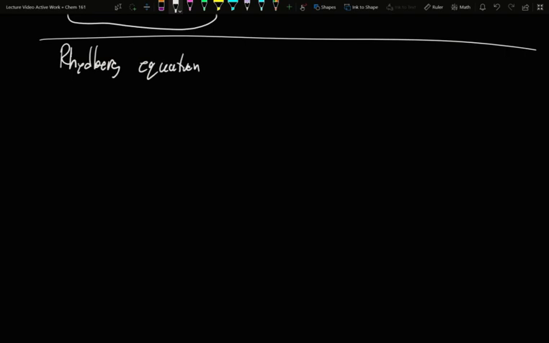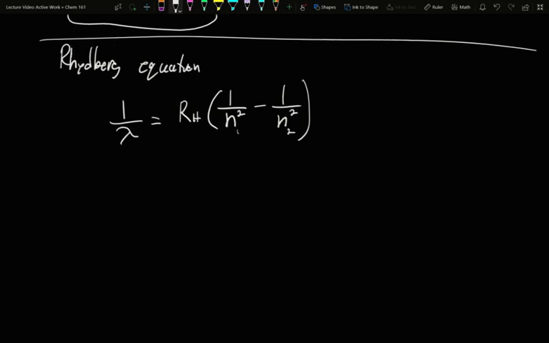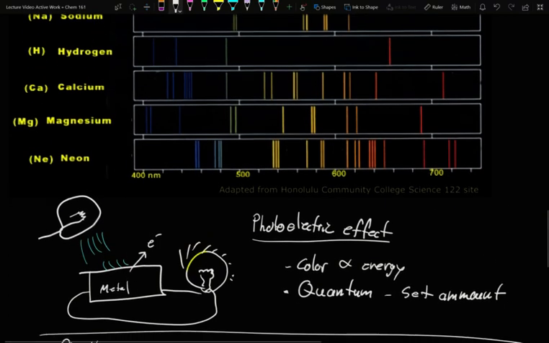Rydberg just did a lot of math on the hydrogen line spectra. And what he discovered was a formula that said 1 over lambda was equal to some constant, which we call the Rydberg constant, and this weird relation mathematically. What he said was the difference of the inverse of the squares of two whole numbers times this constant happened to equal 1 over the wavelength. Now that seems odd at first, it seems rather complex, but if you do a bunch of math for the distances between the hydrogen line spectra,